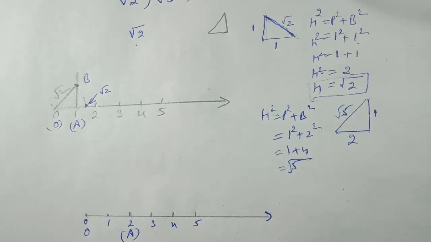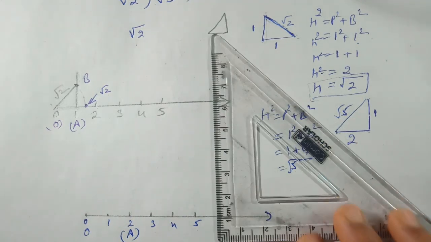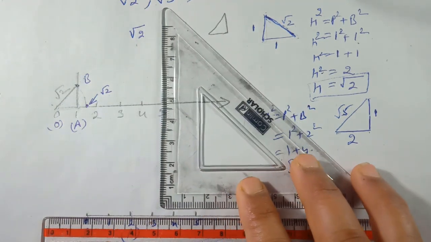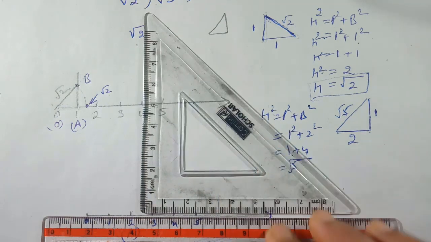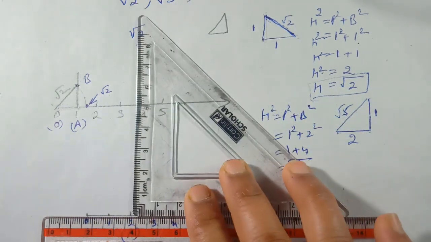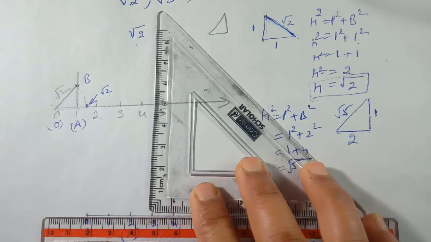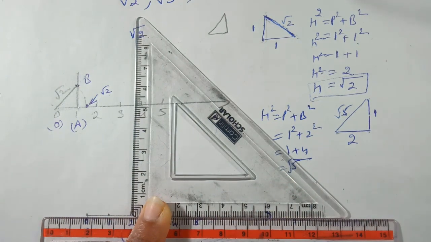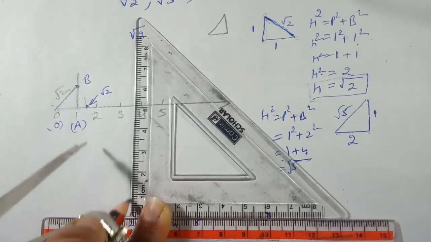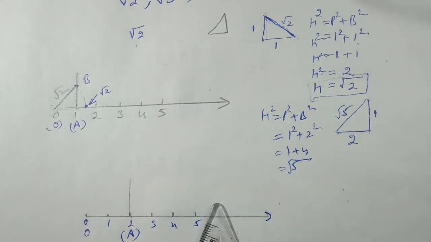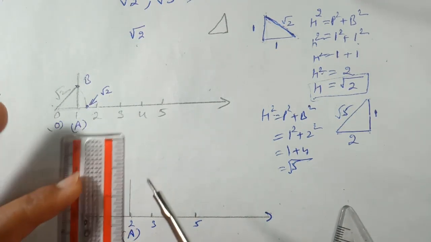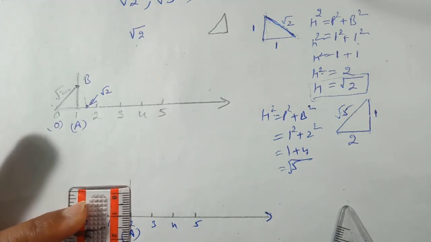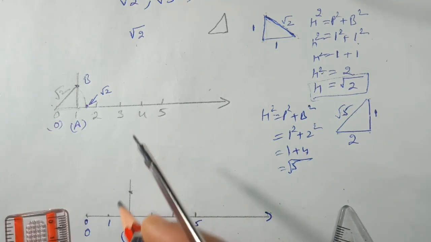For drawing the perpendicular, again we are going to use the scale and the set square. We have to keep the scale properly on the line that we have drawn, take the set square, and on the point A adjust the set square and draw a line. Draw the line which will be perpendicular to the line. So this is the perpendicular. Now take the measurement of 1 unit on it. So this is 1 unit.